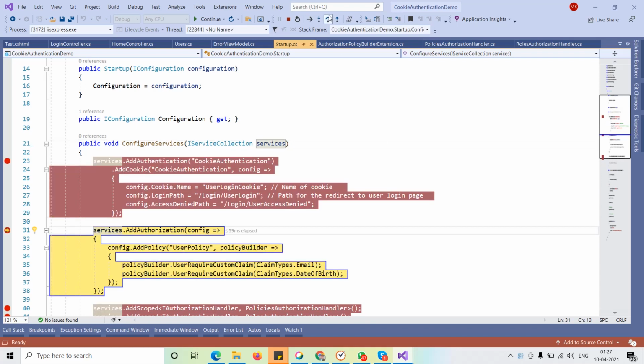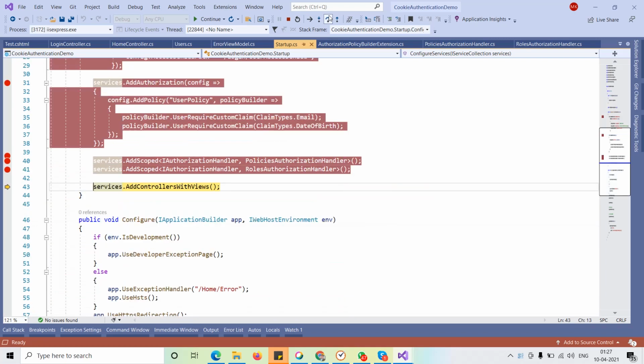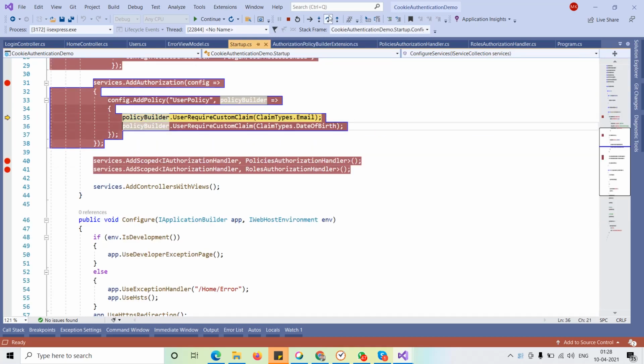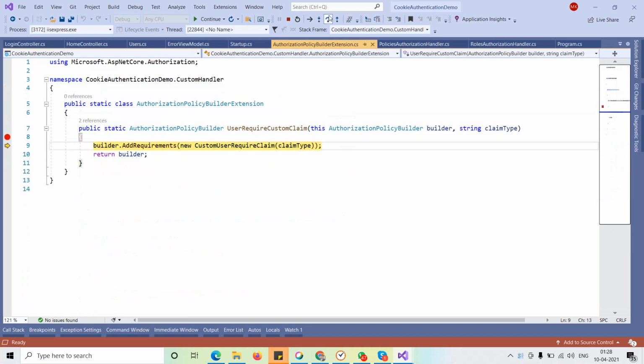Then you will see authorization with user policy. Then I injected these things. So this is finished. Now that will add the claim based policy builder extension, and the claim is done here.